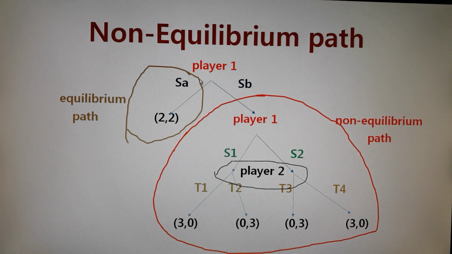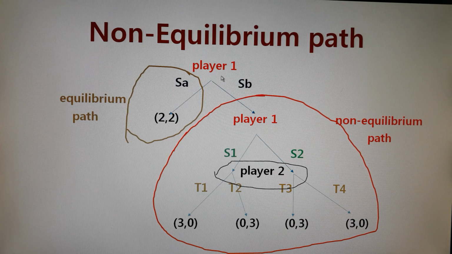On the other hand, choosing SB would never happen in this game, in this subgame perfect equilibrium. This path, we call the non-equilibrium path, would never be really played in the equilibrium, whether it's subgame perfect equilibrium or Nash equilibrium, whatever. So this non-equilibrium path is something we would never observe. However, still, once again, this is T1 and T2. However,